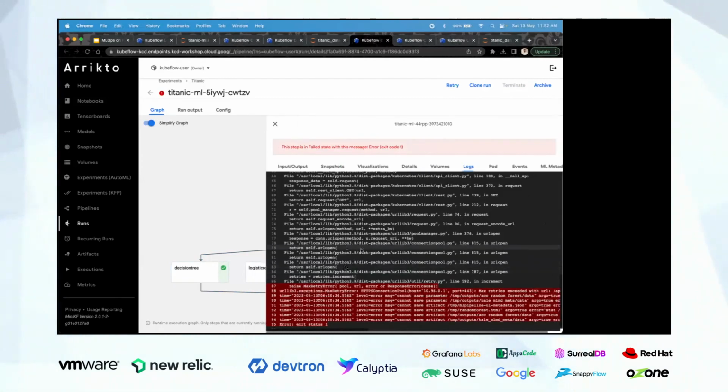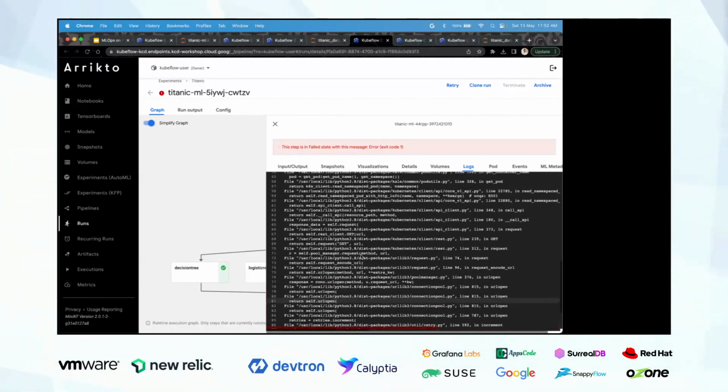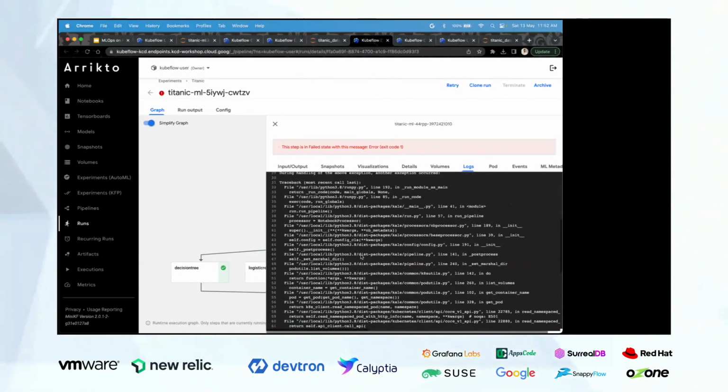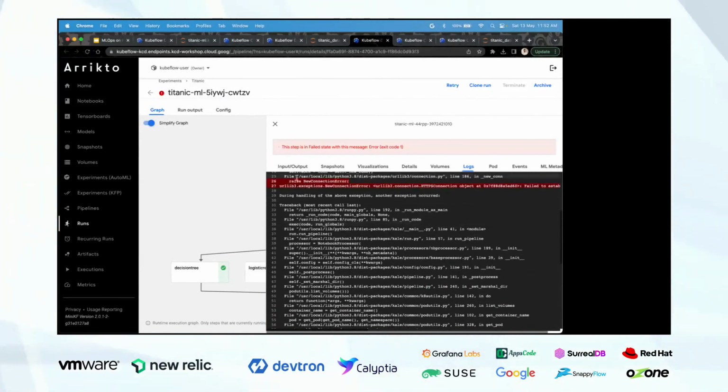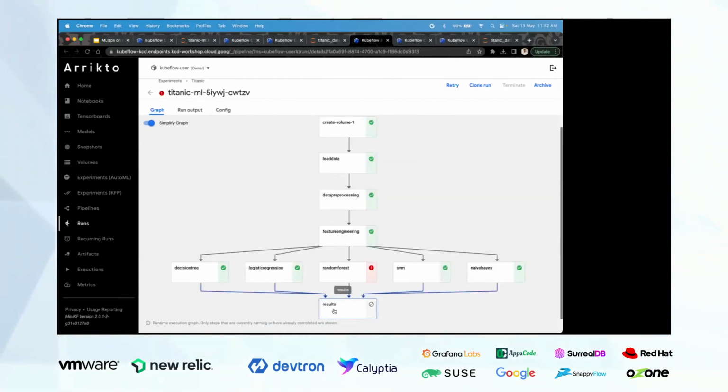It is most probably because the resources are getting exhausted for this particular pool or the namespace which we are using. But I'll ignore this error since the rest of the models are done.